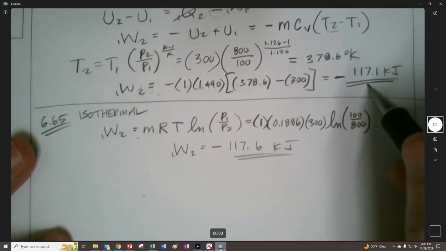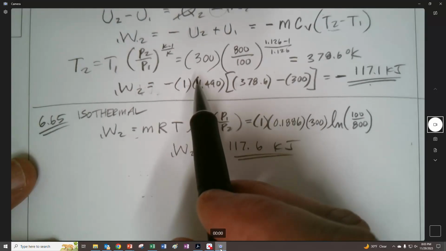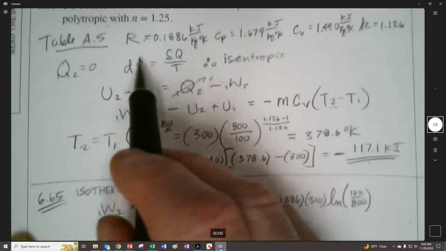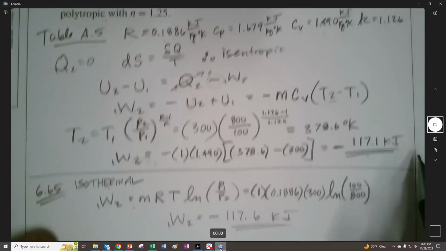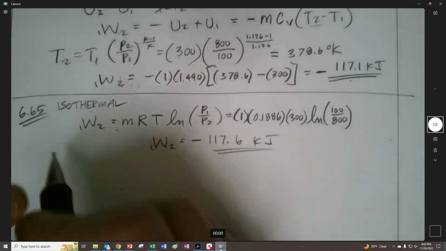Compare that to this one, right? It's slightly different. We took a different path, right? This is an isothermal path. This is an isentropic path going on there. It's interesting how close they are, though. And then